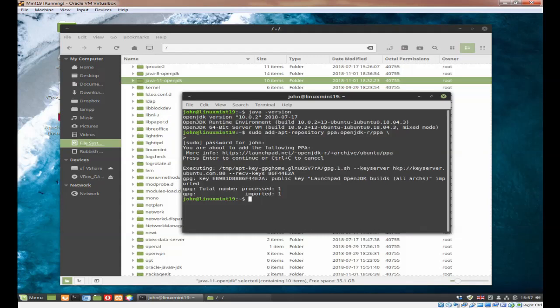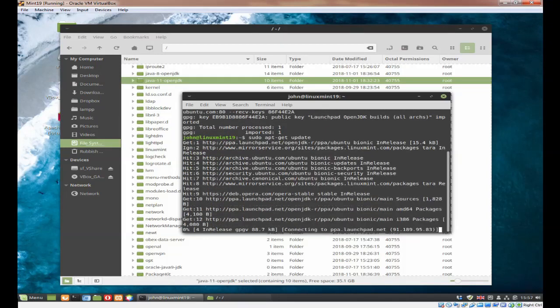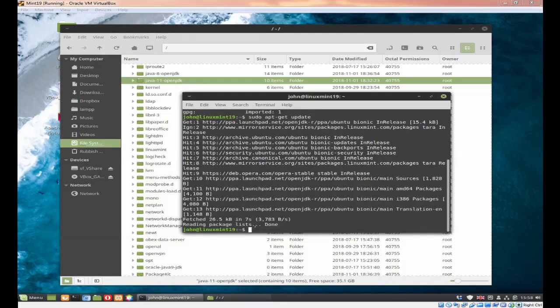Now you must run an update at this point, otherwise it won't actually have brought down the items in the repository. So sudo apt-get update, and this might take a moment or two while it does it. Okay, so that's done the updates, and then the final part is, of course, sudo apt-get install